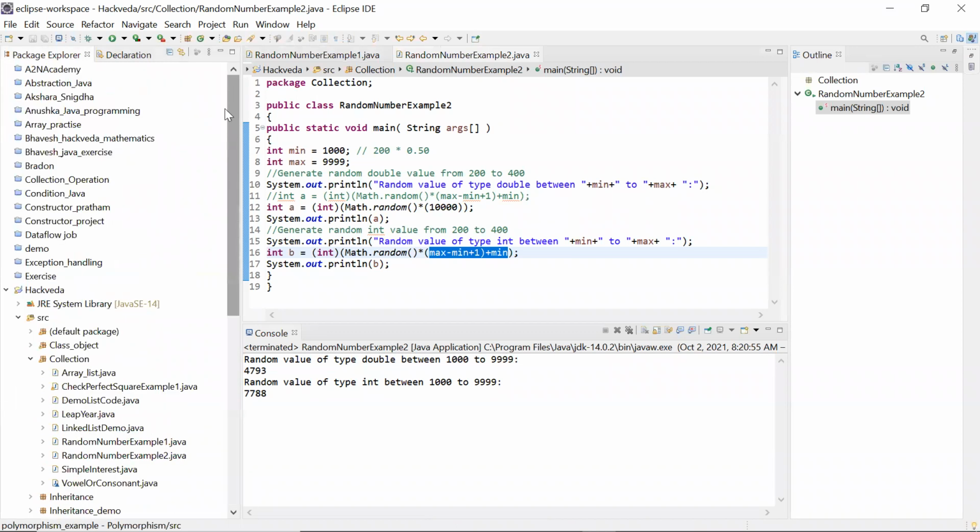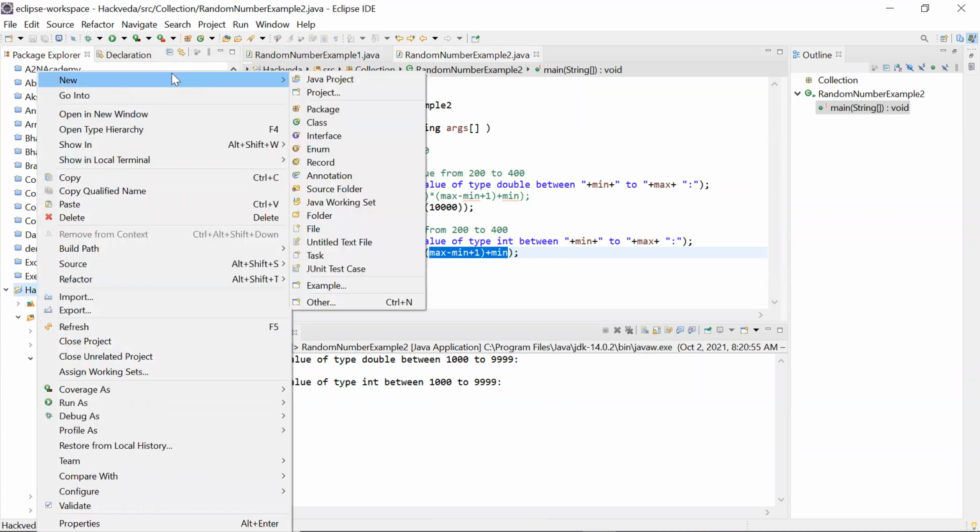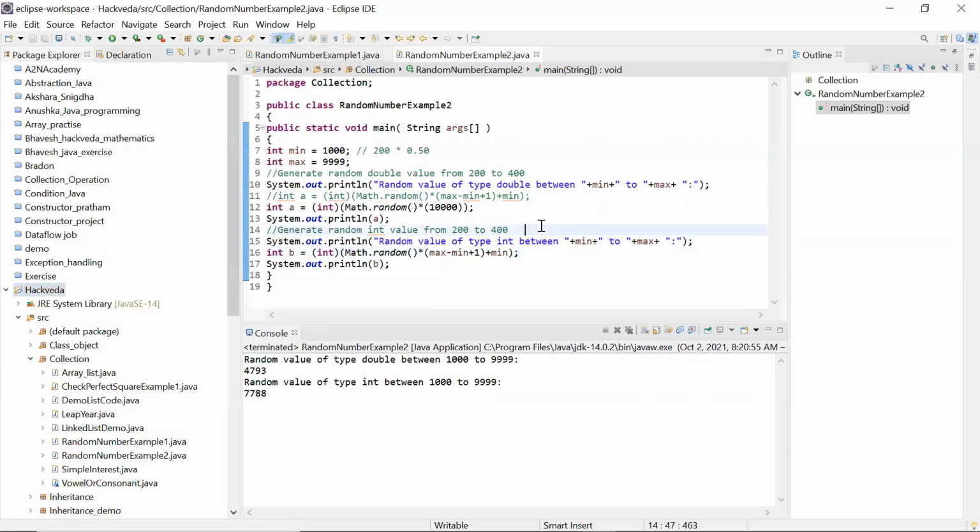Now I am going to show you one more concept, that is polymorphism. We have seen inheritance and I've explained interface also. I am going to upload all the code today night, because you have to explore also.